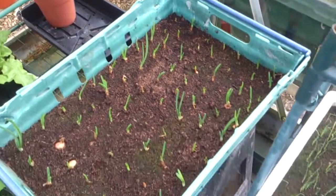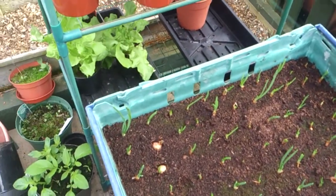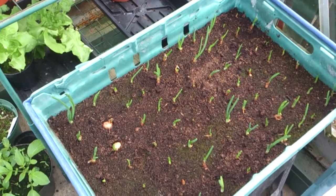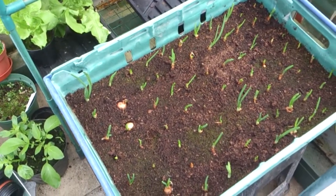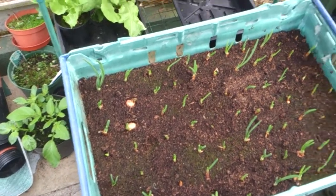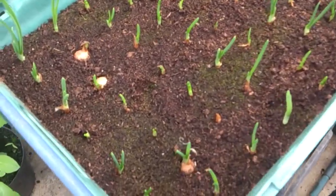Right, so I'm back in the greenhouse, and I think it's just about ready for a tidy up. So I'm going to prick some seeds out, so seedlings. First, I should show you how my onions are doing, and it's just in one of them